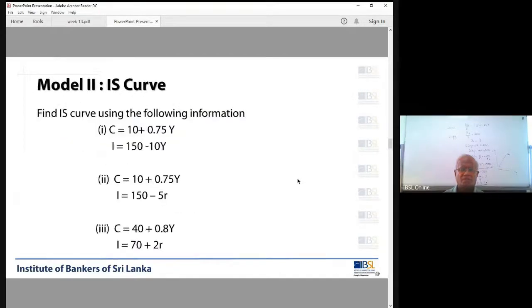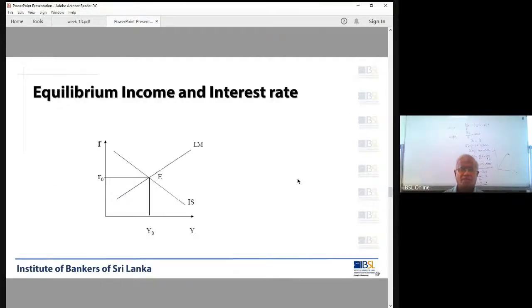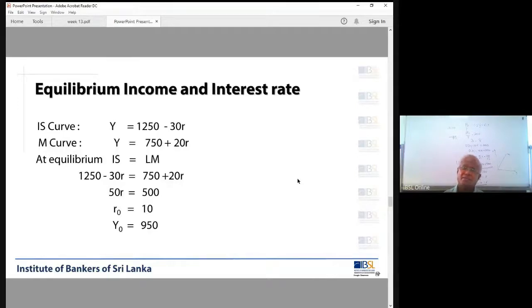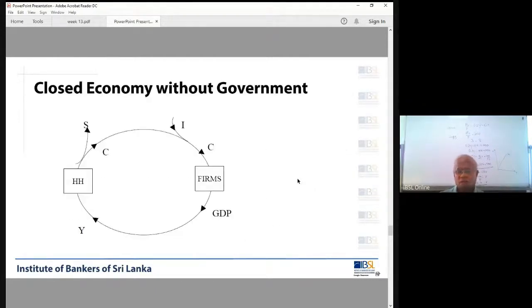Now we have other models. Next week, in part 2, we are going to discuss the other ISLM models: the three-sector model and the four-sector, open economy model. Now we have the basic understanding of the IS and LM curves, so next week I can easily extend it to the other models. The IS curve is y equals C plus I; the next model is y equals C plus I plus G; and the next is y equals C plus I plus G plus X minus M. You can derive the IS curve from these.